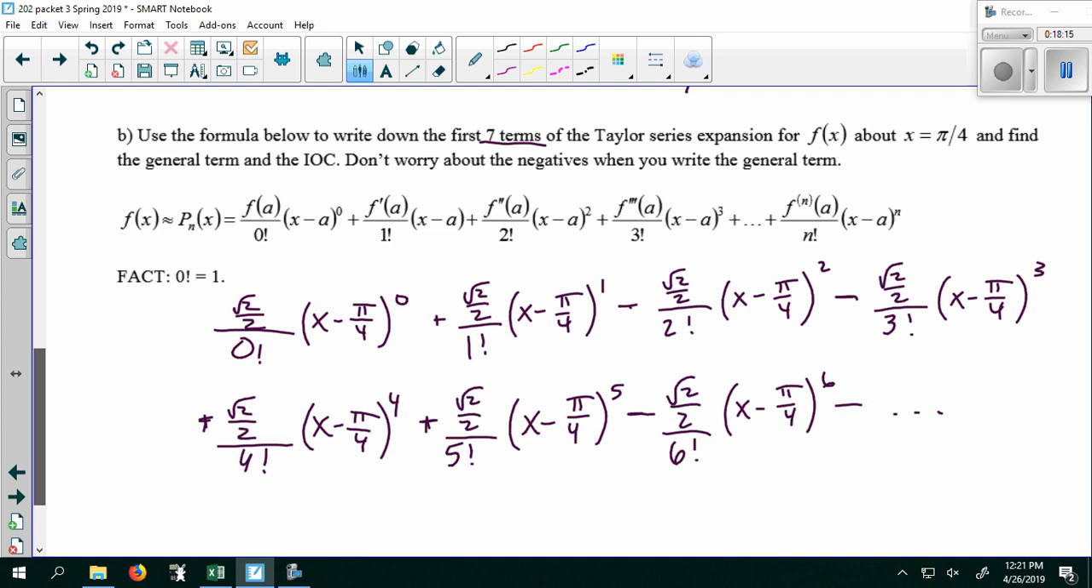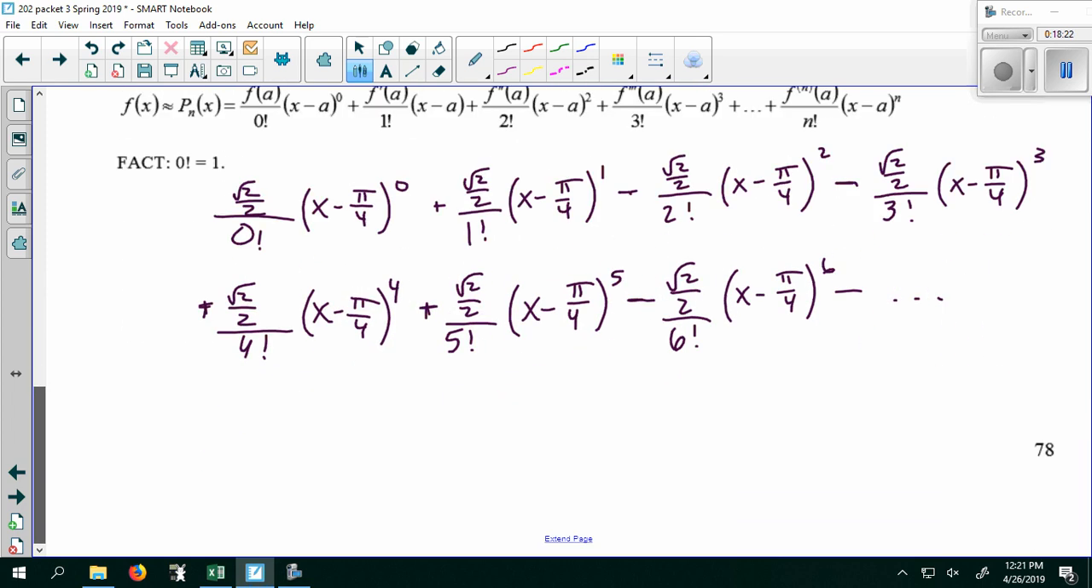All right, you could leave it like that, or we could simplify it a little bit by factoring out a root 2 over 2 from every term. So factor out root 2 over 2. And that would leave me with 1 over 0 factorial, which is 1. And then I have this piece to the 0, which is 1. So my first term here is a 1. And then my next term, after I have factored out root 2 over 2, I have